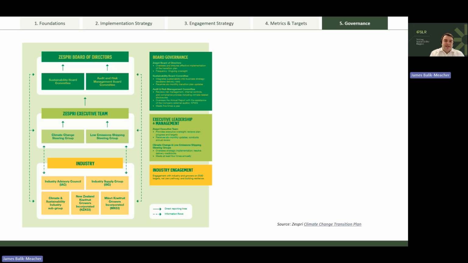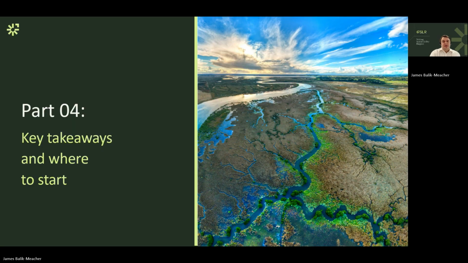I mentioned earlier, this should be a fairly cross-cutting plan. It's not going to sit solely within a sustainability team or solely within a finance team. This is going to need input and engagement and ownership from across the business. So thinking about how that broader ownership and governance is set up is going to be really important to make this actually work in reality.